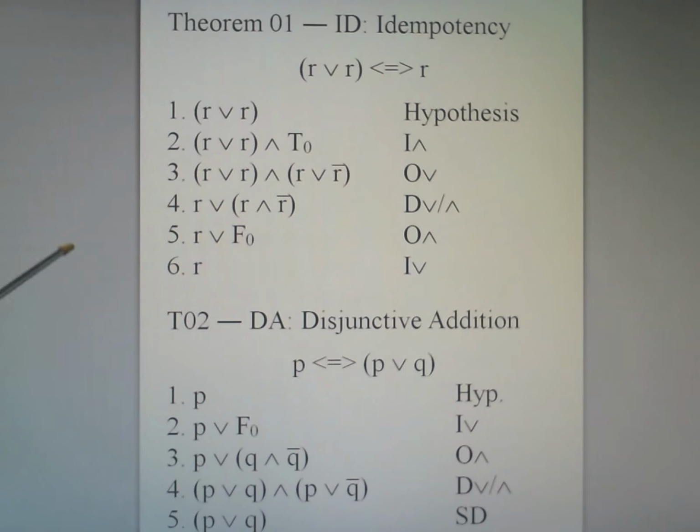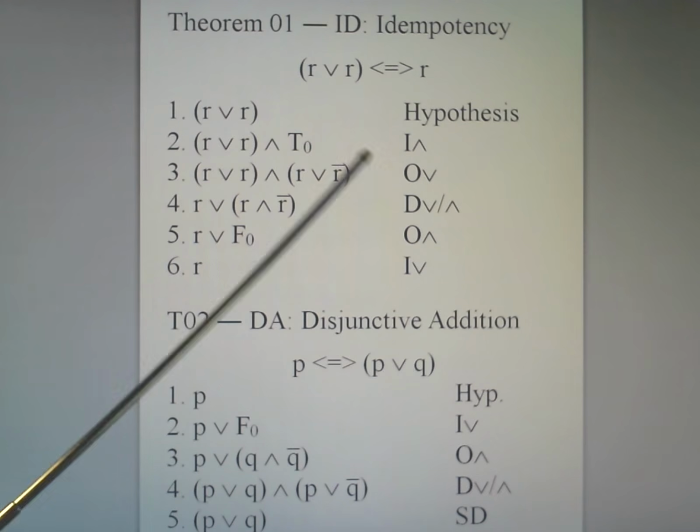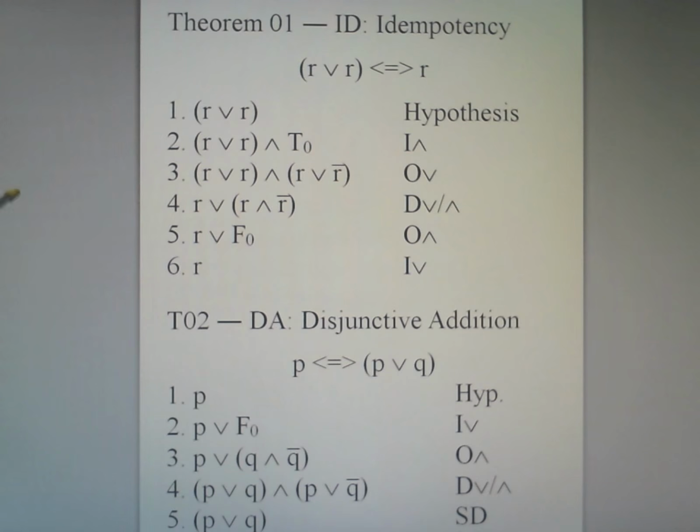Okay. Then, of course, here we have two or operators inside parentheses separated by an and. Since here we have R or and here we have R or, this looks a little bit like somebody has done a distribution, and so we can undistribute, if you will, pulling out the R or from both sides, setting it out here, and leaving R and not R, which is what we write down here. So by distribution, line 4 is equivalent to line 3.